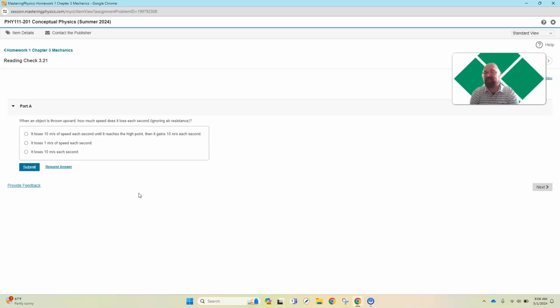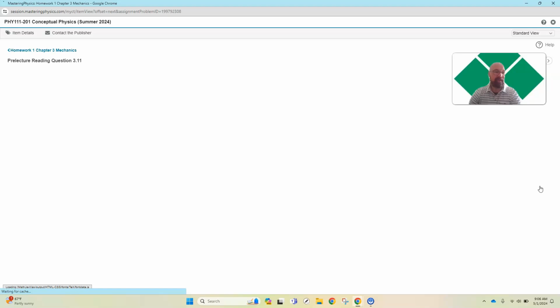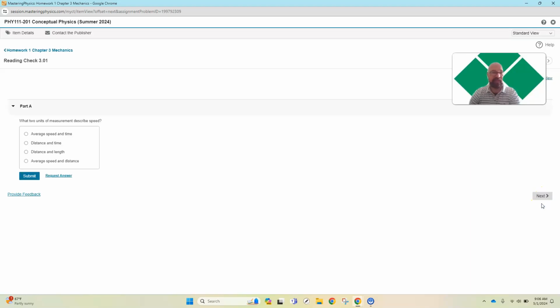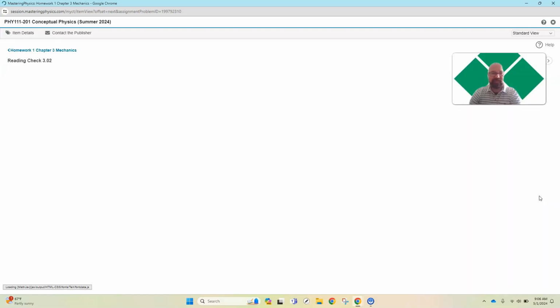But if it's an enter-a-number type question, I generally try not to make it take off points. If you're late on an assignment, it can take off some points. But for the most part, as long as you're doing them and completing them, you should be getting most of the credit, or almost 100% of the credit. Again, it's pretty straightforward. You just click on an answer. It'll tell you whether it's right or wrong right away, and you'll go through these questions and complete it. So it's not too bad.